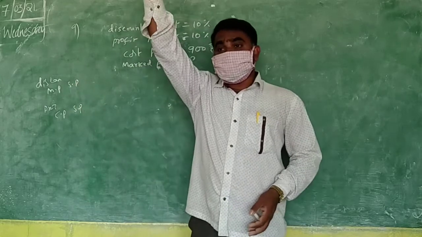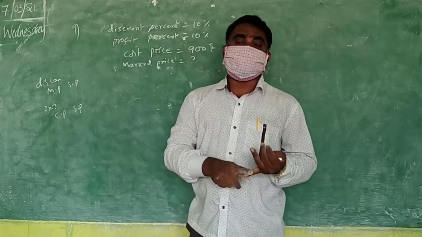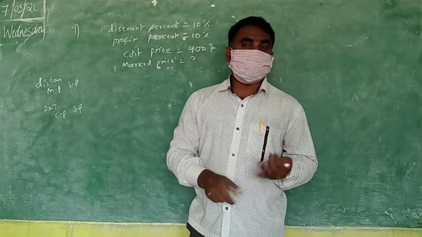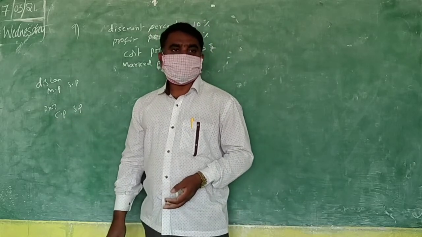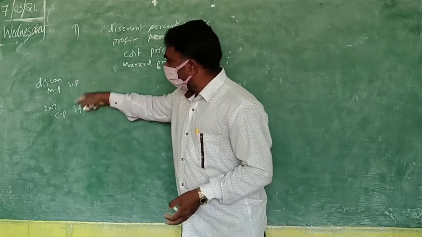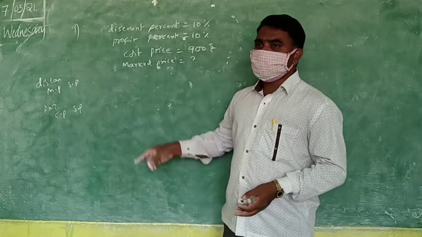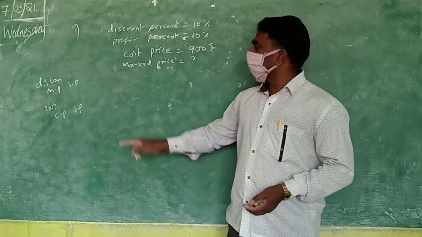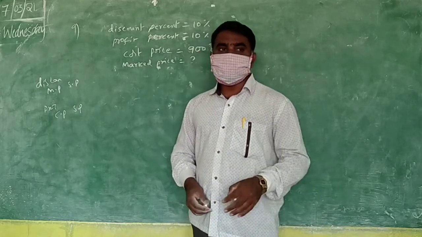In yesterday's problems, the first problem, the second problem, in all these problems you used profit percentage and loss percentage. Profit percentage or loss percentage you use between CP and SP, is it not? But here, between CP and MP, is there any method? Between cost price and market price, is there a method? No. So how can you find it directly? You can't find it directly. So what will you do?